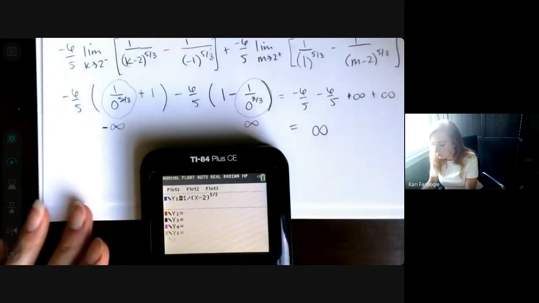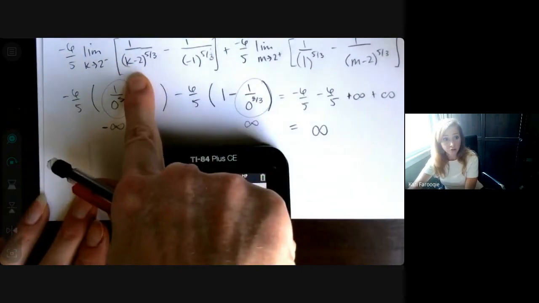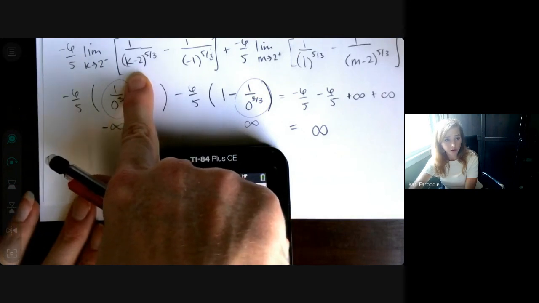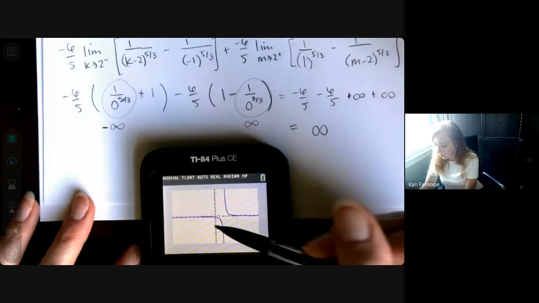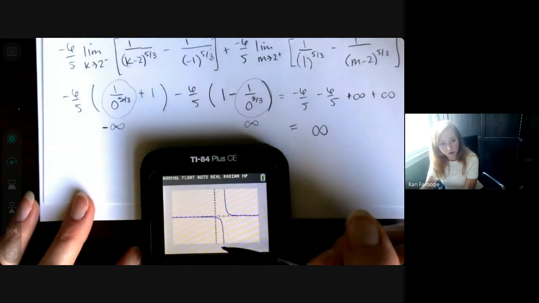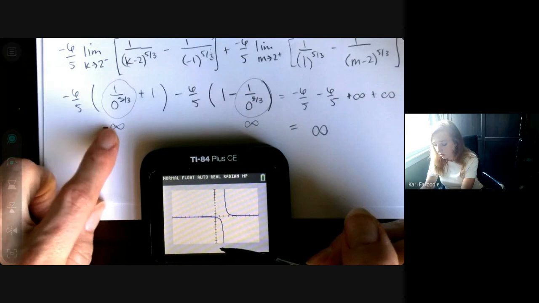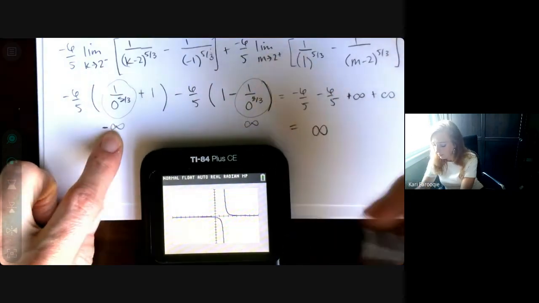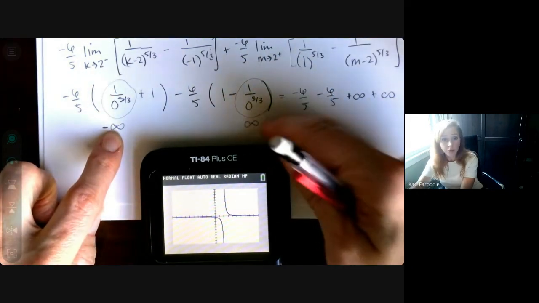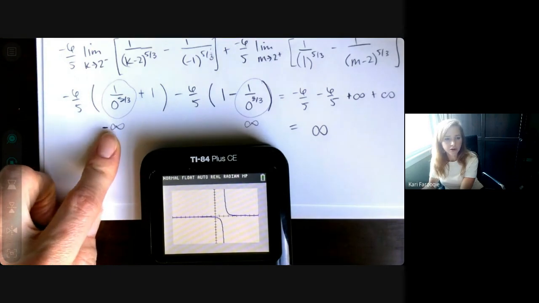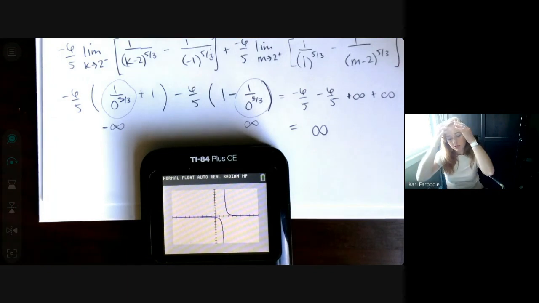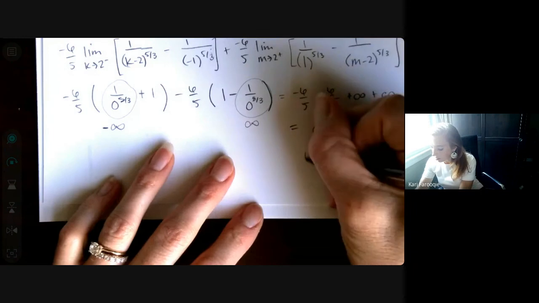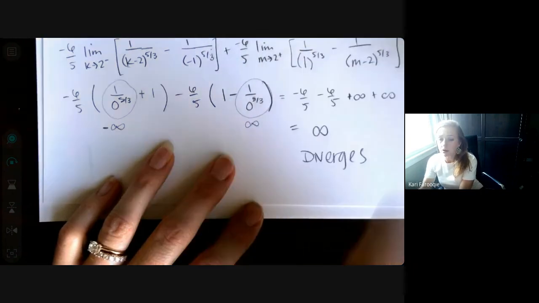So what I did was I just entered this function, 1 over x minus 2 to the 5/3, because I knew I was taking the limit of that function, and then just looked at what was happening as we approach 2 from the left. The y values were approaching negative infinity. And then from the right, the y values were approaching positive infinity. So it is important to consider that as you're evaluating your limit. So now we would say that your improper integral diverges,